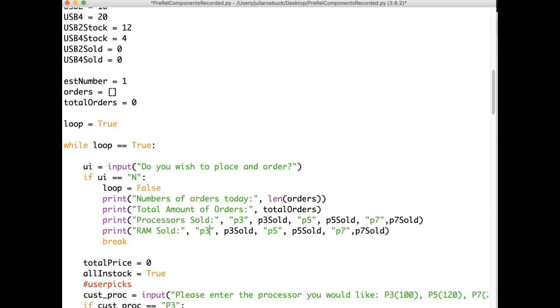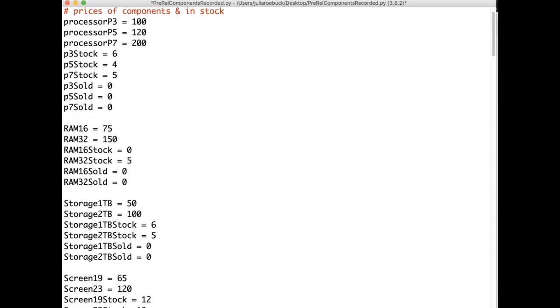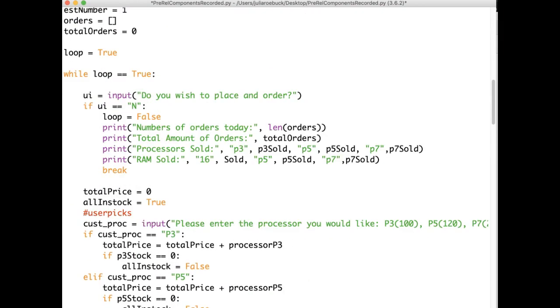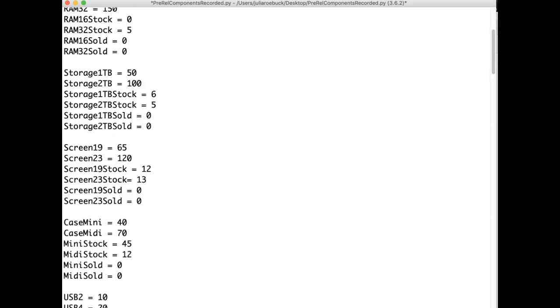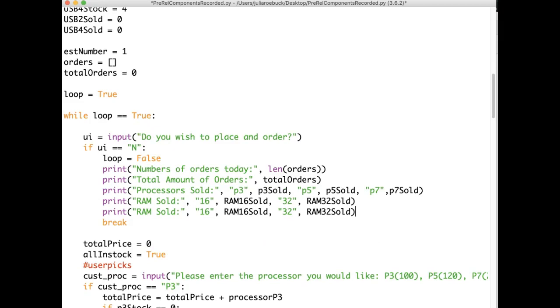So then it will be RAM sold, and it will be 16, and RAM 16 sold. Just check the name of that, it's all capital letters. So that's going to be RAM 16 sold, and then the last one there, it's going to be 32. And we'll just paste that again for the storage. And it's going to be 1 TB, two TB,